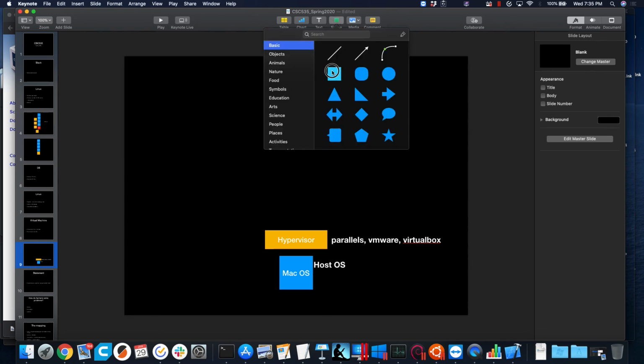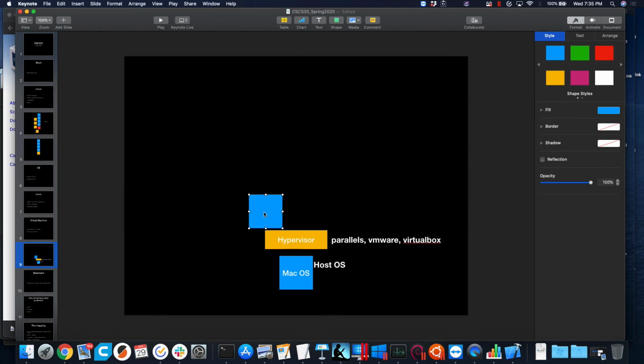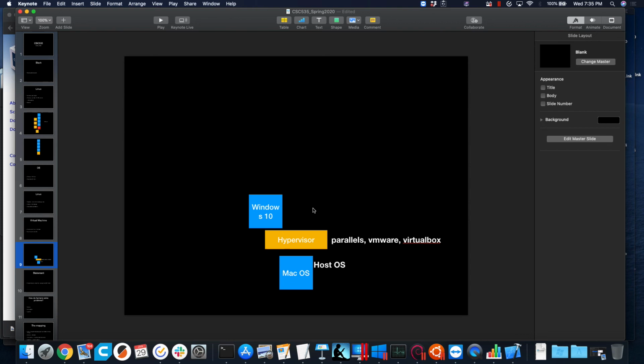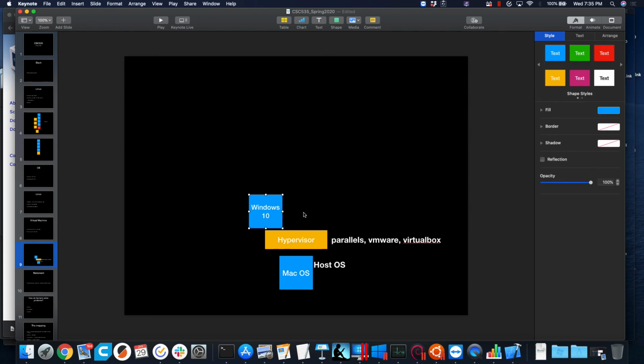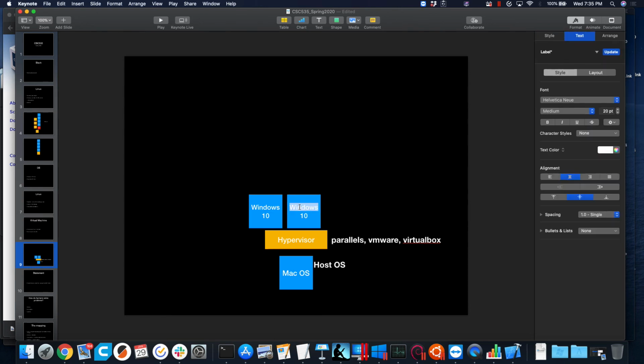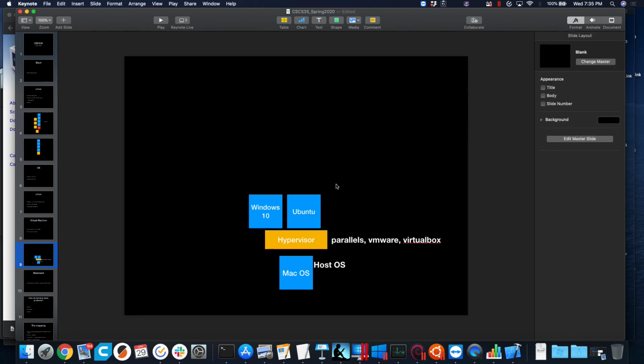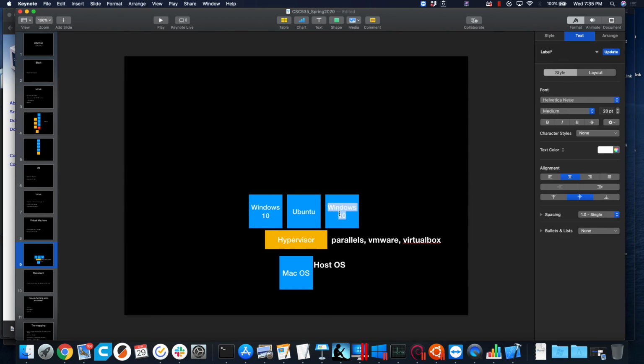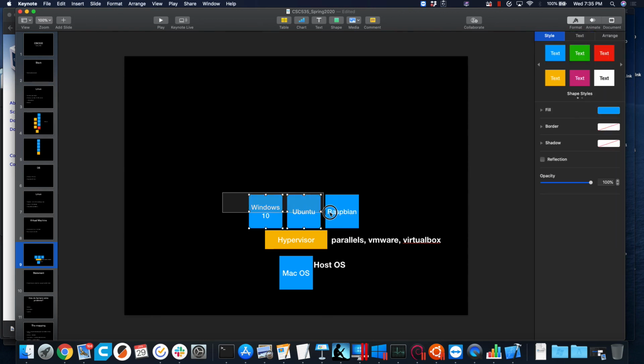So I can create a virtual machine that's running Windows 10. I can create another virtual machine that's running Ubuntu Linux. Another one that's running Raspbian Linux.